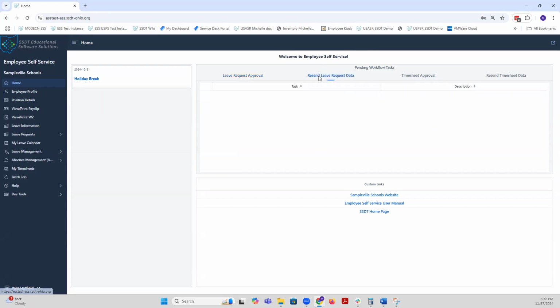However, the resend leave request data area will only ever include leave requests that fail to complete somewhere in the workflow process, usually due to a technical issue. For example, if a leave request is processing and the ESS system went down, the workflow for that leave request will be halted and will require manual intervention from the Leave Manager or somebody with a more elevated role to go into the resend leave data request area